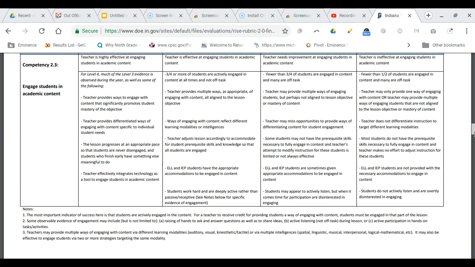2.3, engage students in academic content. What's important about that is sometimes I'll go into a classroom and I'll see high compliance. Students are facing the front, they're not talking, they're showing good posture, but that doesn't mean the same thing as deep engagement. We want to see the guide on the side type approach, students that are deeply active and not passive. If I were to ask, what were the students doing while you taught? If your answer is for a majority of the lesson, well, they were listening to me talk, that's not deep